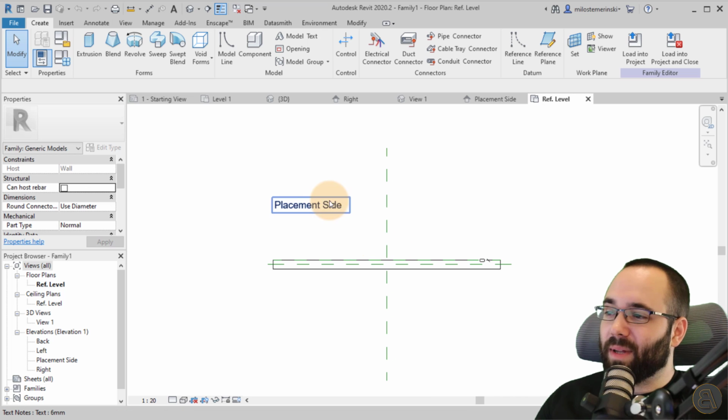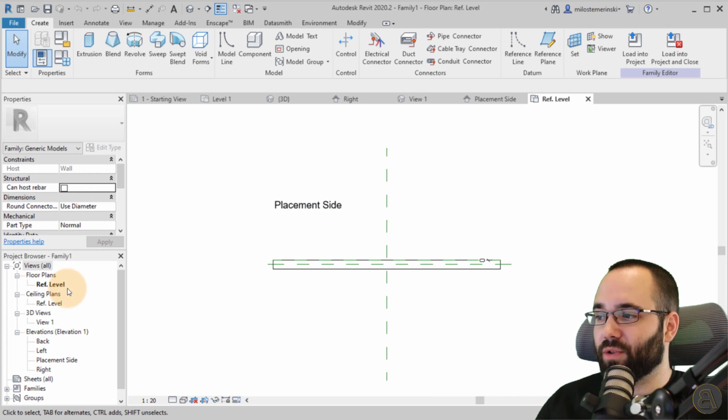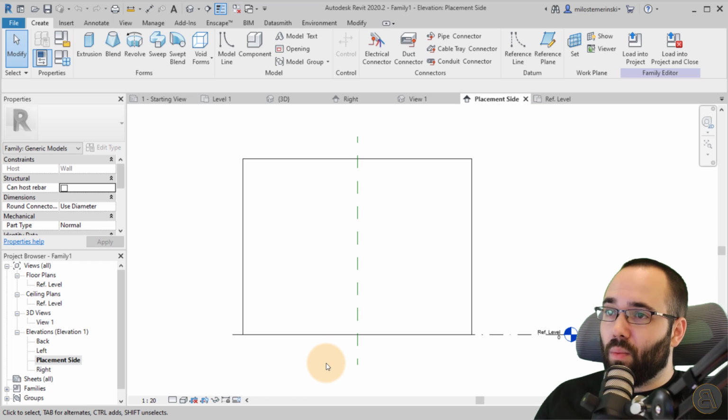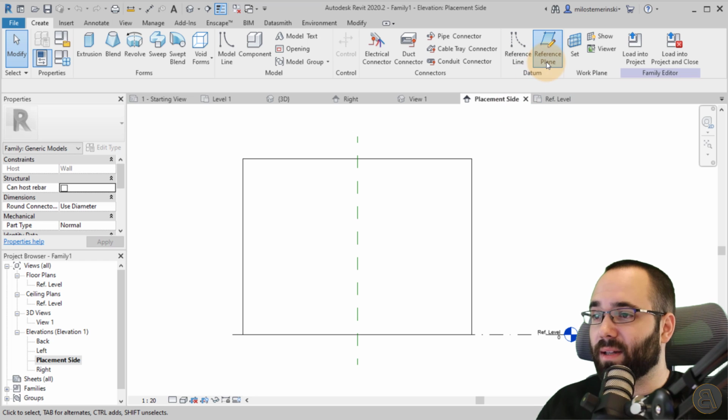Okay, so here we have the placement side, and we can go to the project browser and open up the placement side elevation. Here we have to set up some reference planes to make this whole thing parametric. So go to your reference plane tool, RP is the shortcut, and let's place a